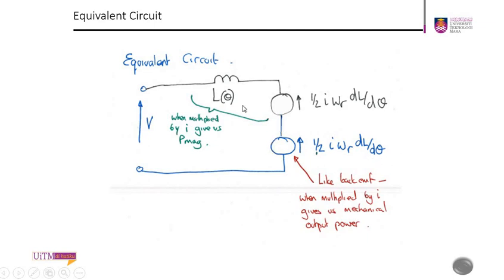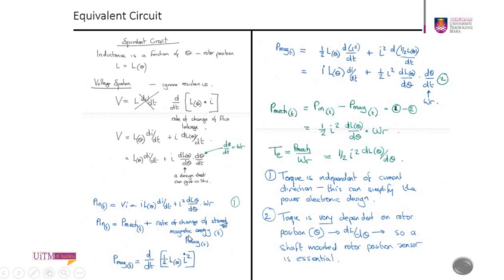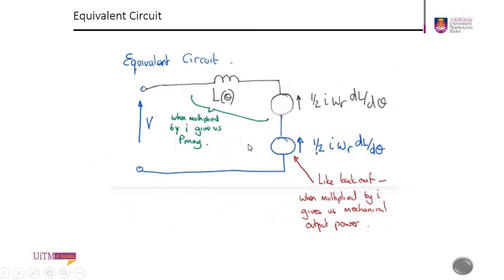So this will be the P magnetization and the P mechanical power. So this part plus this part equals P input, following this equation. So this is the equivalent circuit of the switched reluctance motor,